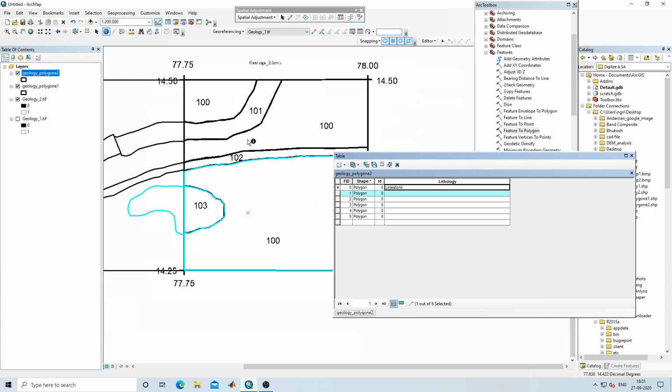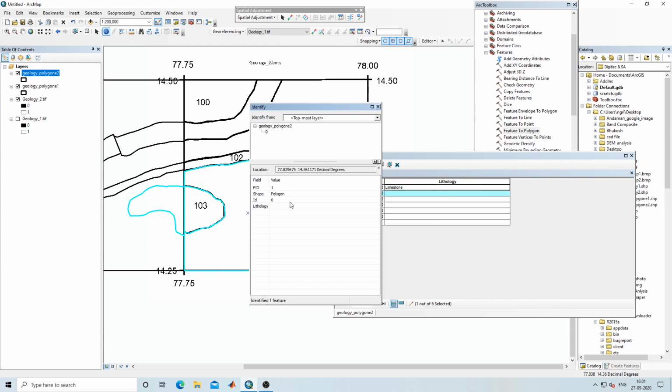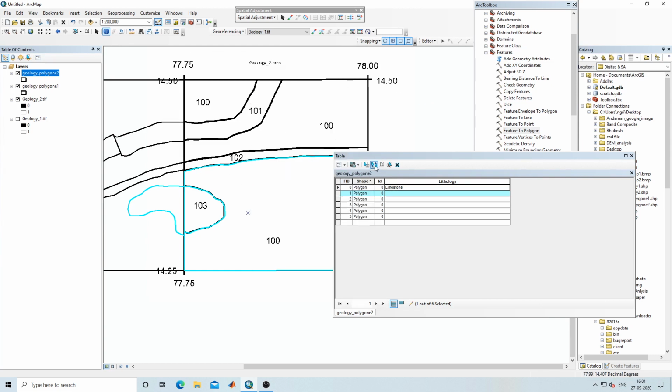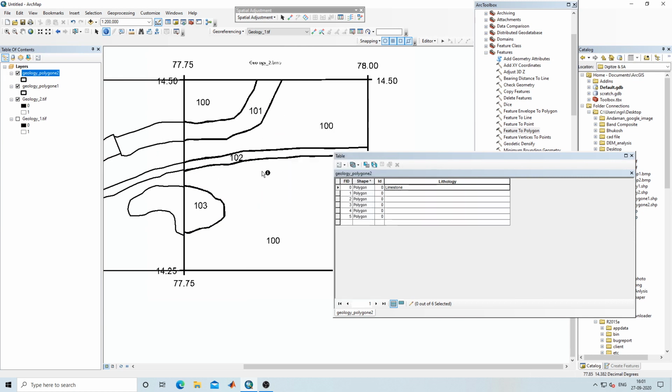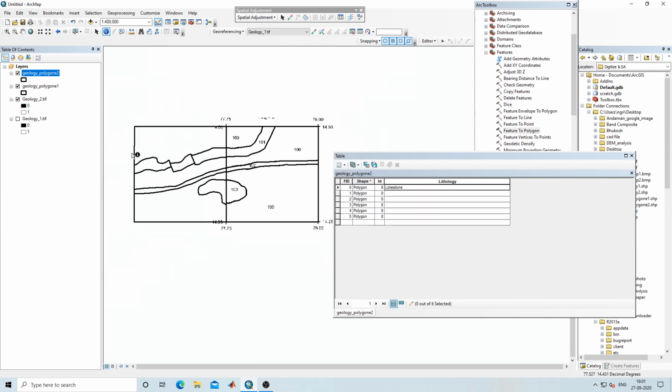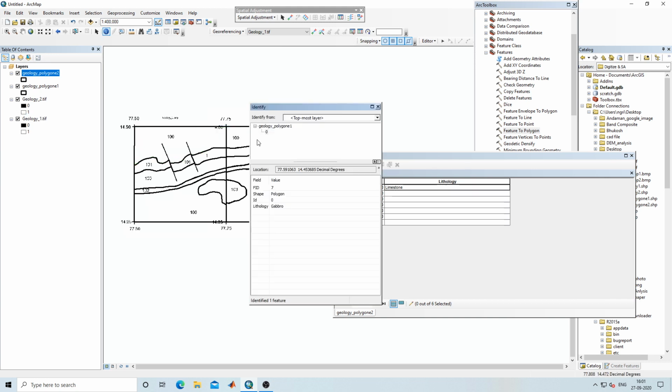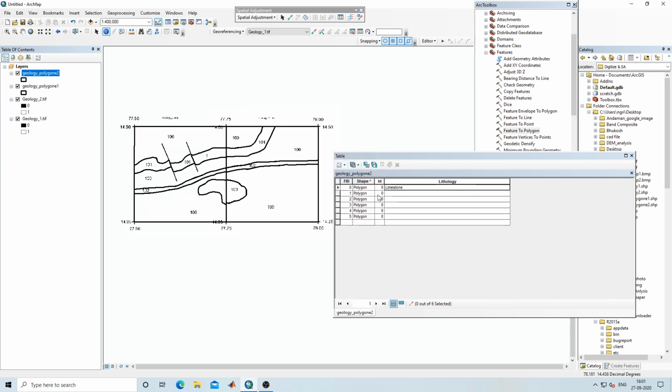What was 100 number? If you'll see, first I will uncheck this and also uncheck all, and here is the 100 number. If I turn on the map, 100 number is our gabbro. So I will add here gabbro.